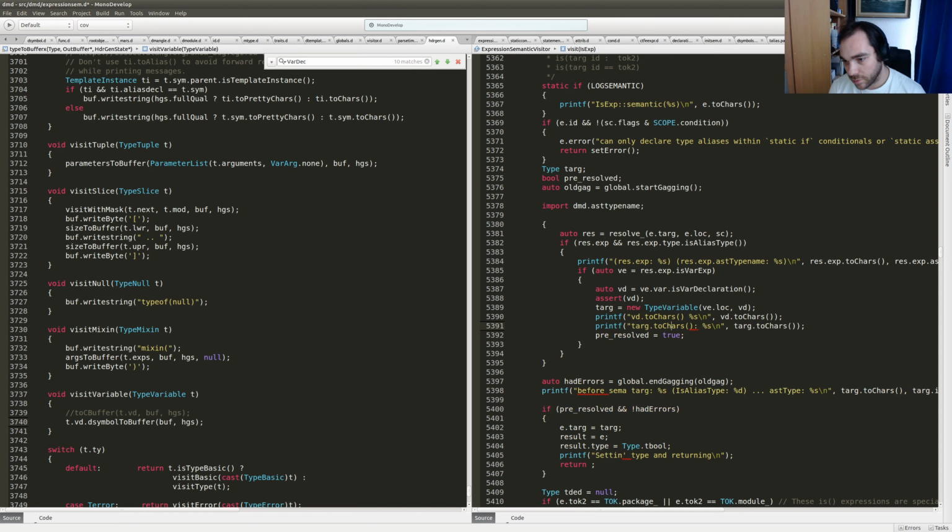There we go. It is really not too bad. We just have to change this one into type variable, and the one that does t alias colon